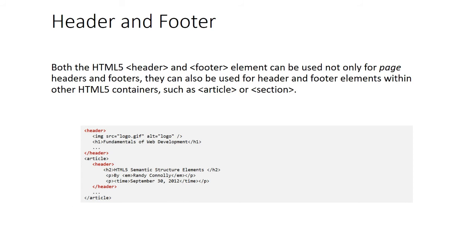So you see in these examples what happened. First we already used the header as typical information. You can display the fundamentals of web development as a title, and then you can display the logo. But the next header comes after the article. There also you can use it. So don't keep in your mind that we can use only a single header and a single footer, nothing like that. In any other HTML5 containers also we can add the header and footer.